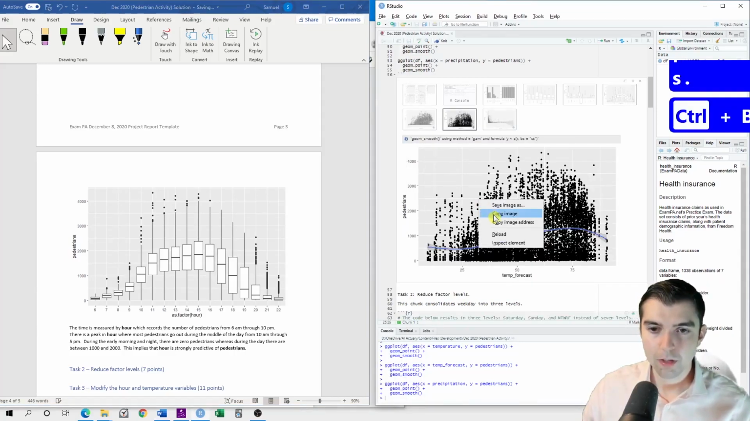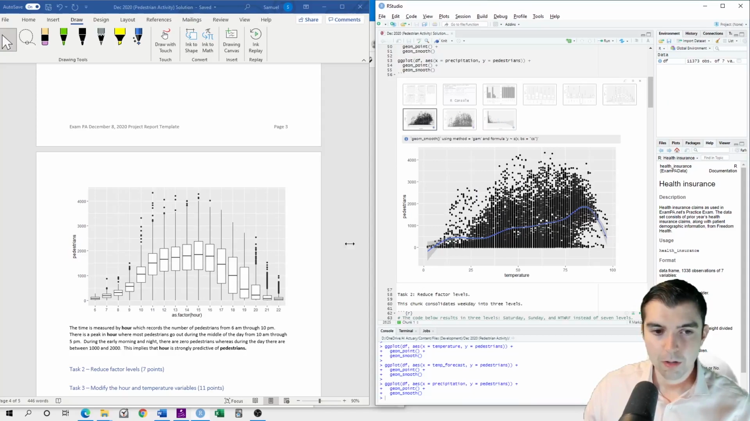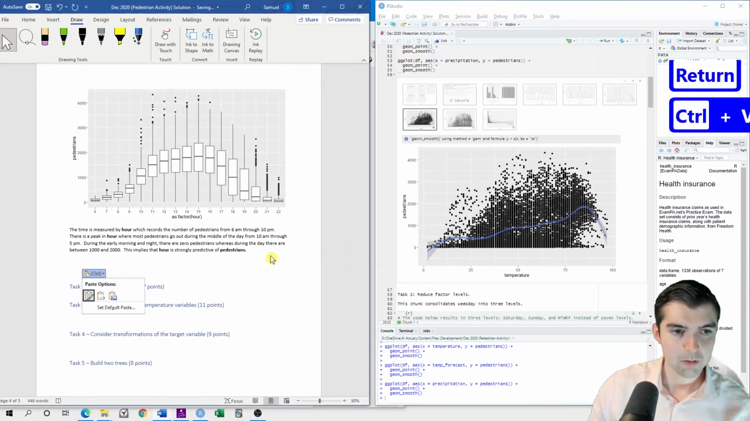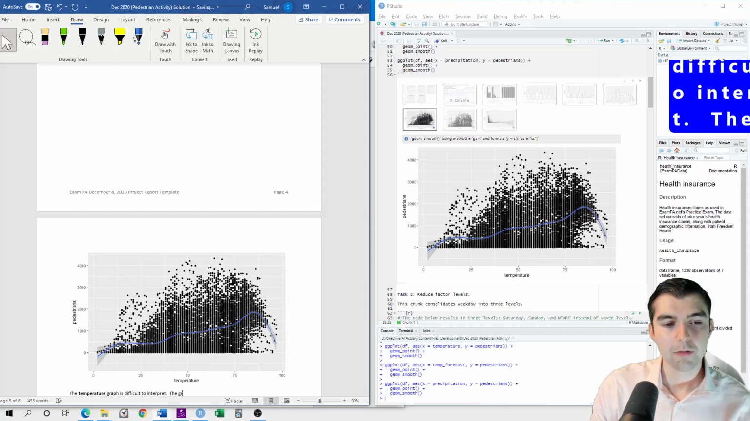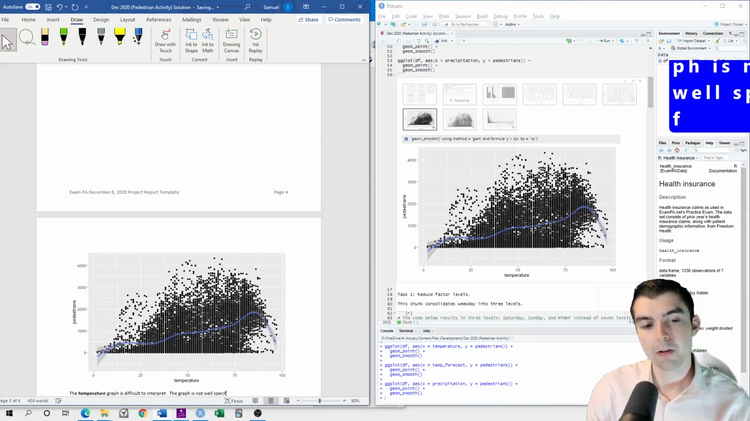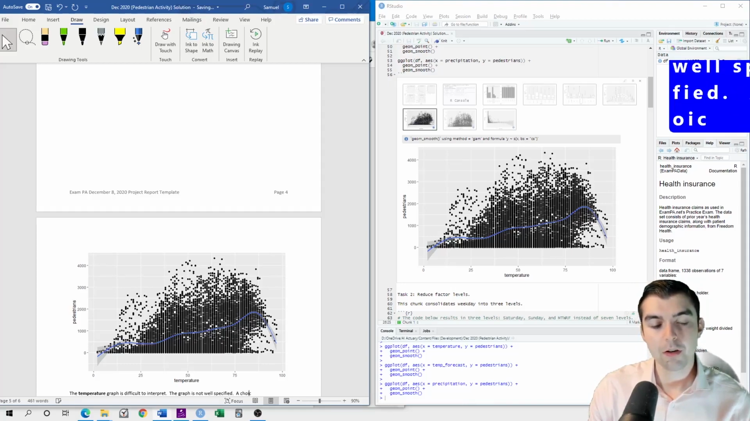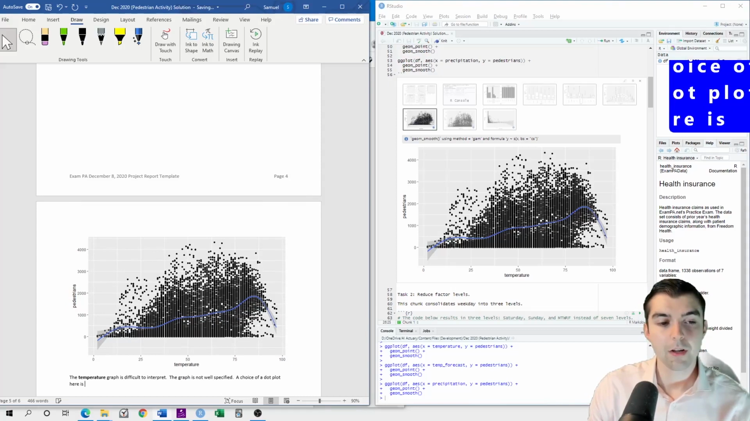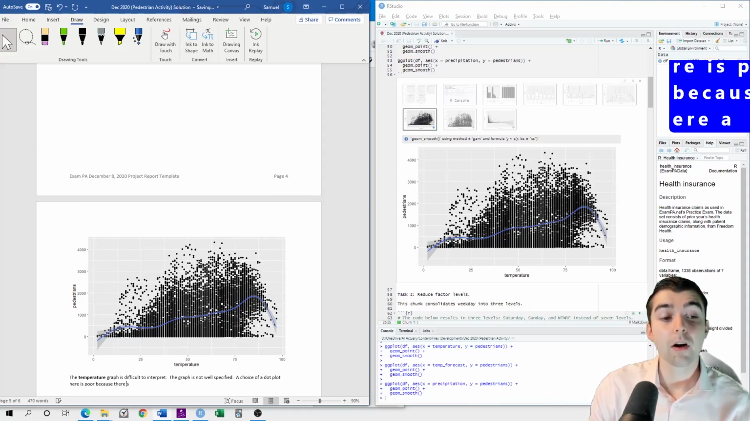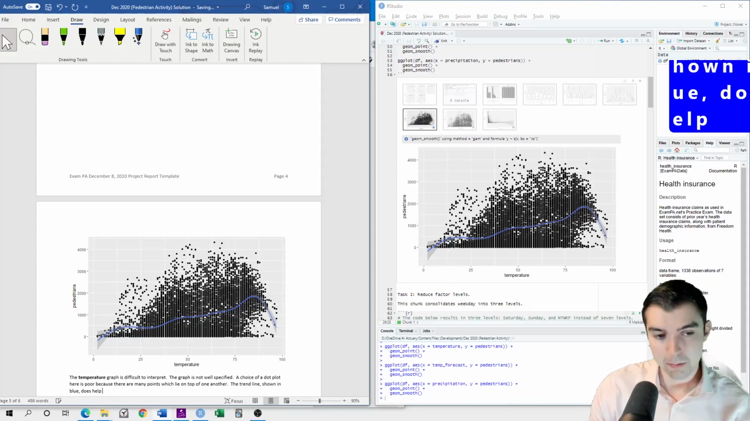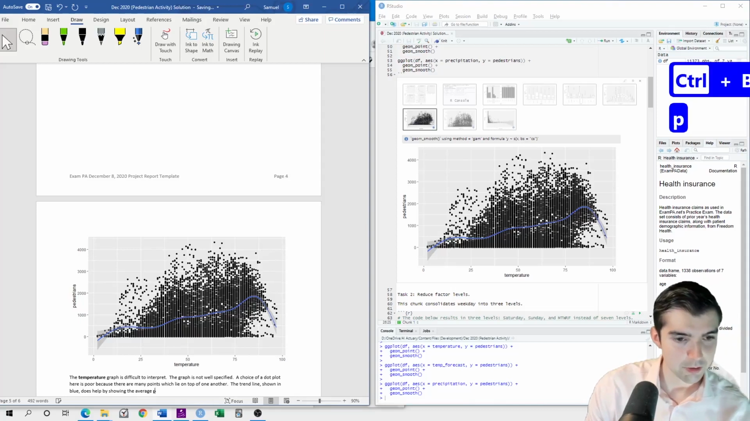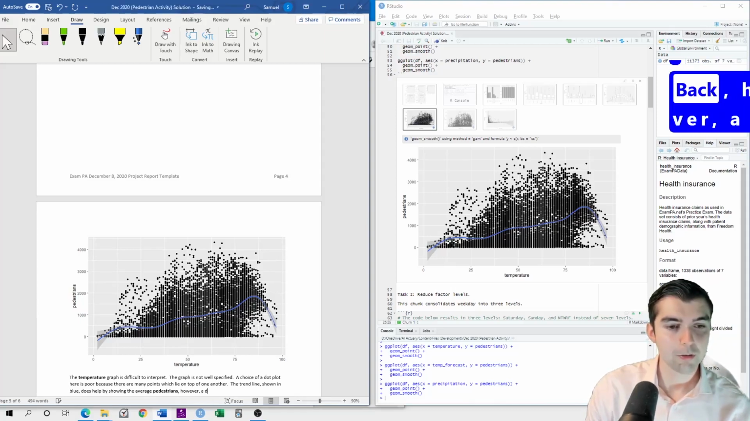The next variable, temperature. So the temperature graph is difficult to interpret. The graph is not well specified. A dot plot here is a poor choice because there are many points which lie on top of one another. The trend line shown in blue does help by showing the average pedestrians. However, a different type of graph